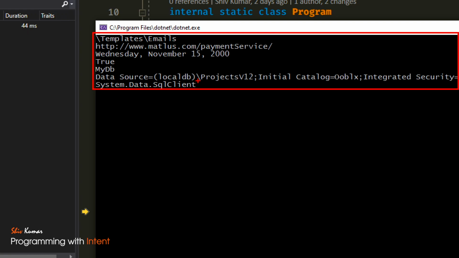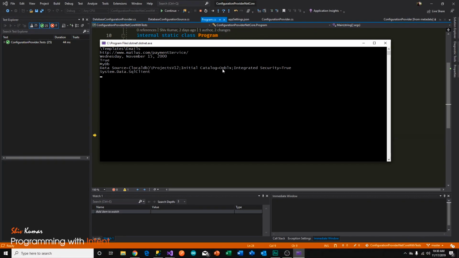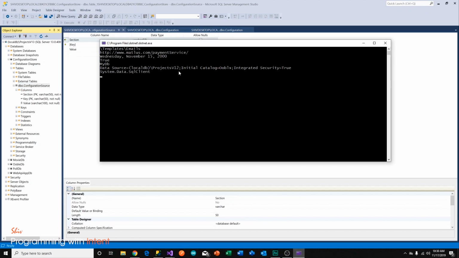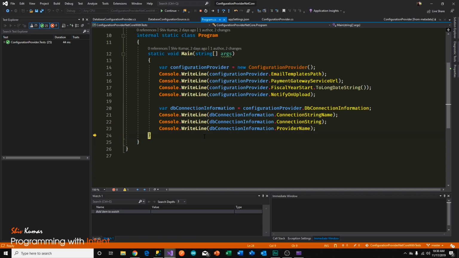But we need a similar connection string. Cool. So the connection string is already there. Nice. So you can use that. What was this? 12 or 13? What was this? 13. I was just looking at the connection string. It says projects v12, but on the system I've got projects v13. So I can use the same connection string and just change it to v13. Okay, so